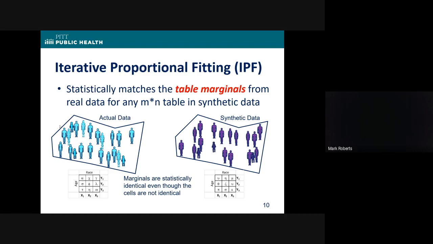What it really does is it takes the table marginals of the 5 major demographic characteristics: age, gender, household size, household income, and race, and constructs synthetic data such that all the table marginals in any small geographic region called the census block are identical to those table margins in the real census tract, but the internal cells are not identical.